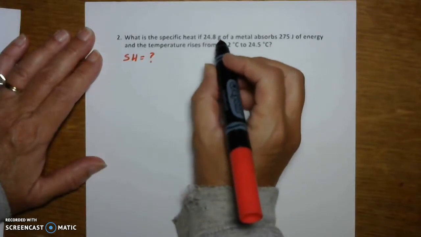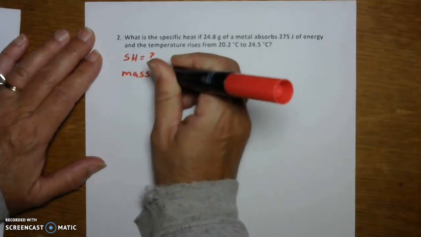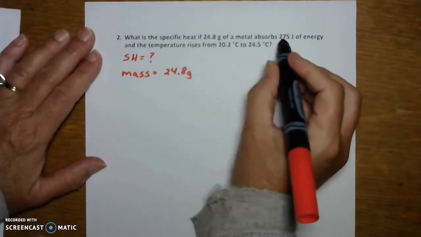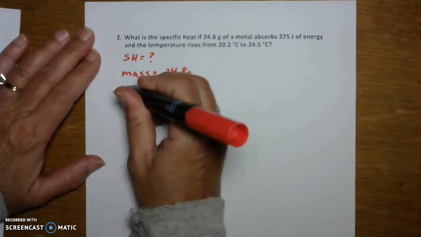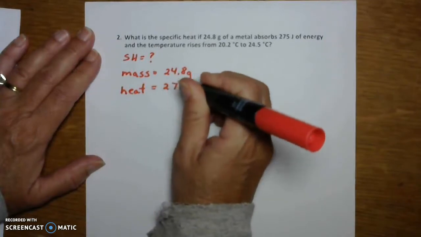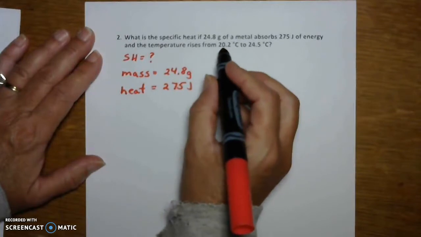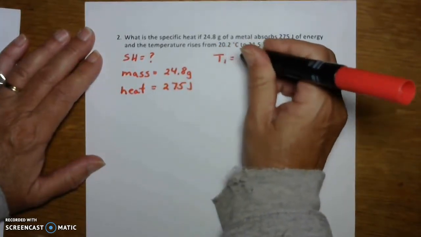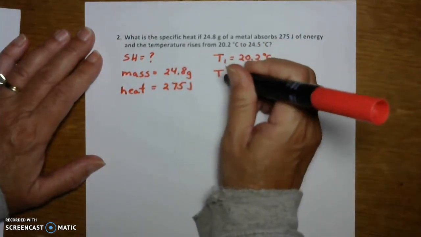If 24.8 grams, that's the mass because it's in grams, of metal absorbs 275 joules of energy. So that's heat. It's absorbing heat energy, and 275 joules of it. The temperature rises from 20.2. So the initial temperature is 20.2 degrees Celsius and the final temperature is